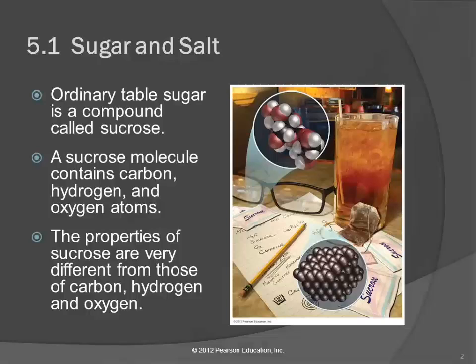So we're probably all familiar with table sugar. It has a chemical name, sucrose. It's composed of carbon, hydrogen, and oxygen atoms. The properties of the sucrose molecule are very different, though, than the properties of the individual elements that make it up. Carbon is,